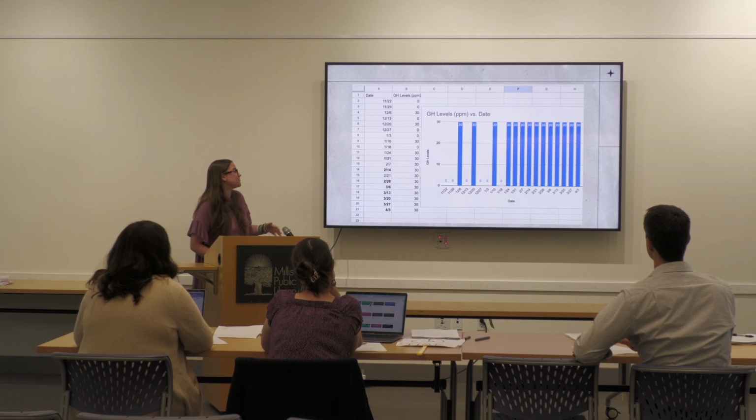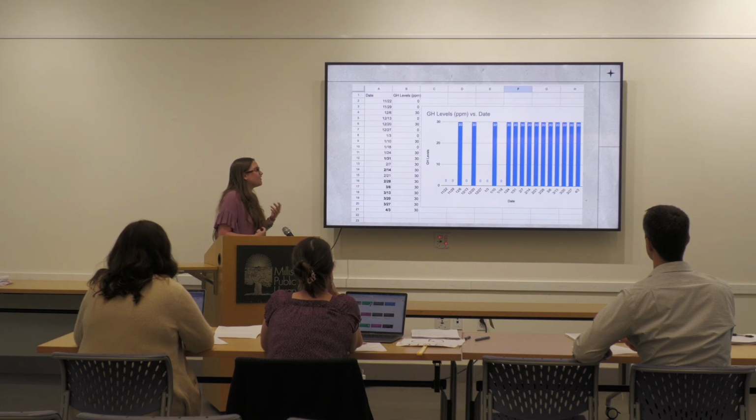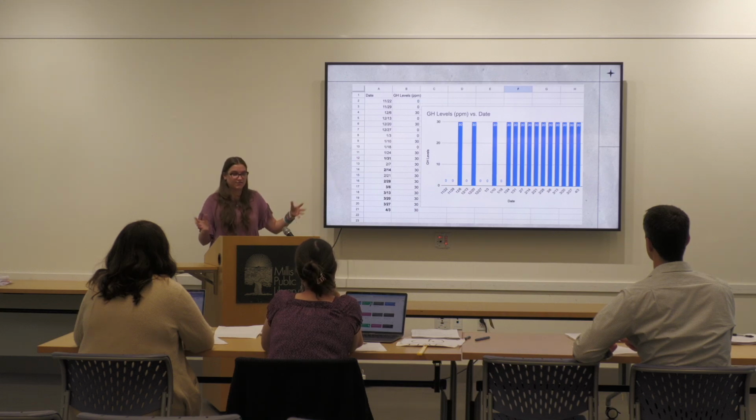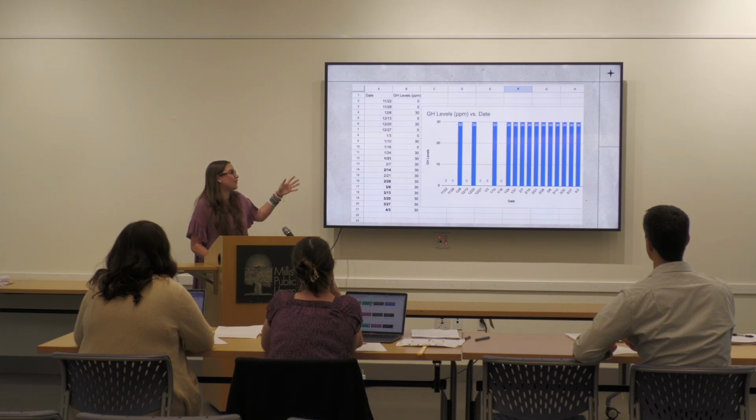And I thought this was really interesting because this shows actually 4/5 of the time that I collected my data, and there was precipitation at least 2 to 3 days before my actual collection day, that my GH levels rose up to 30. So I found that this was very significant in the fact that there are multiple variables that could go into this, such as water runoff, or this was around the time that the pond did actually freeze up, and so the water was a lot more stagnant than it usually would be. So I found this interesting in that it's something that could be a